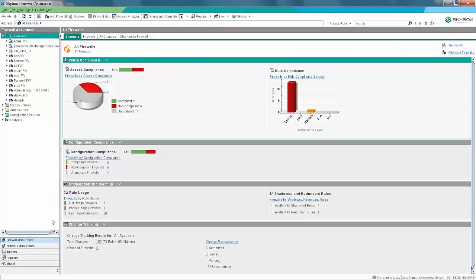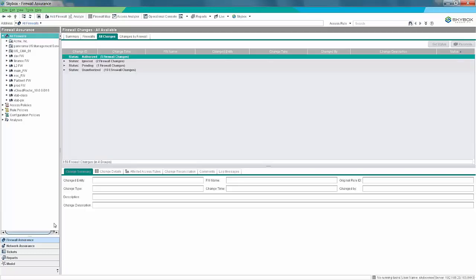Here in Firewall Assurance, down in the Change Tracking section, we can see a link for change reconciliation. Let's go ahead and click that link. Clicking the link brings us to the All Changes tab, grouped by status. If we look at Authorized Changes,